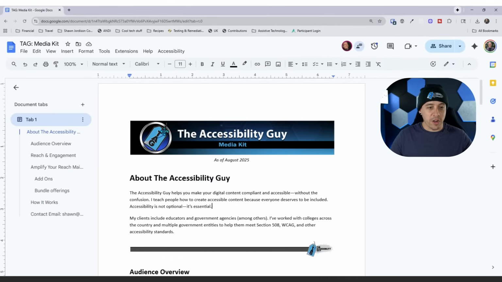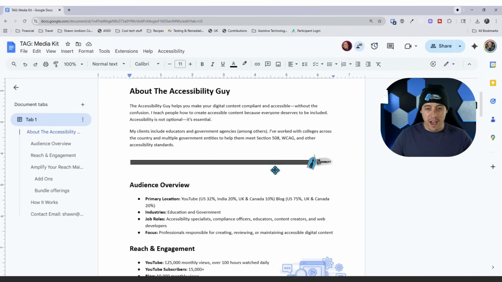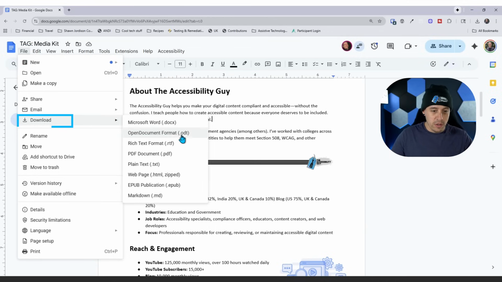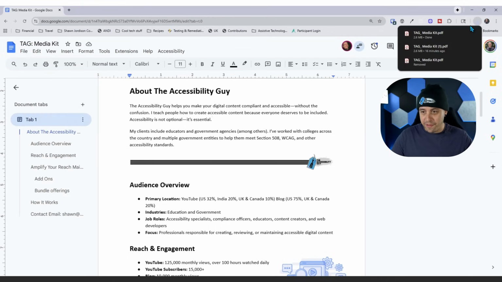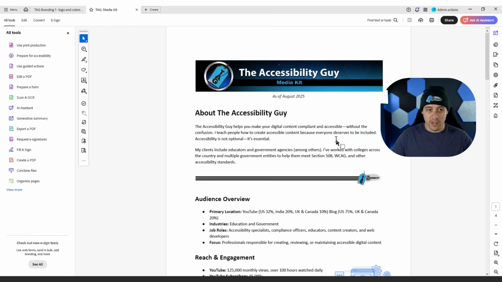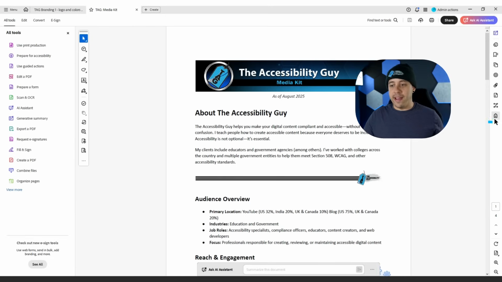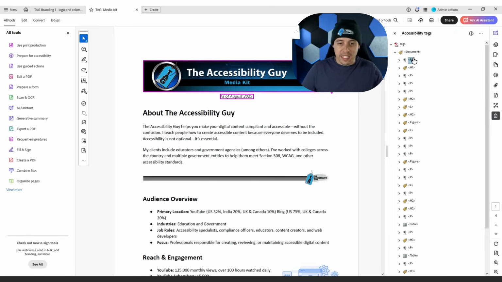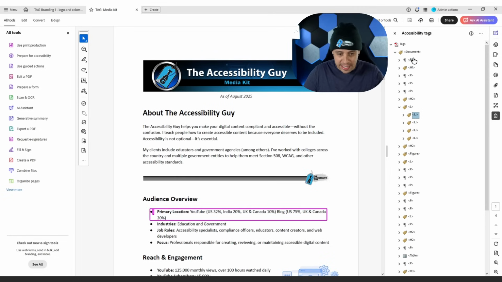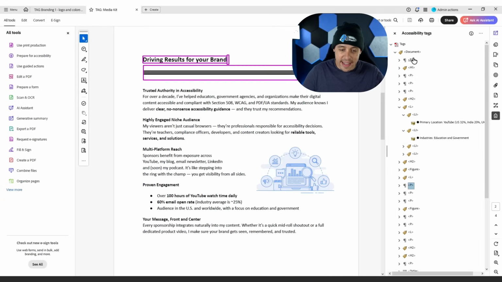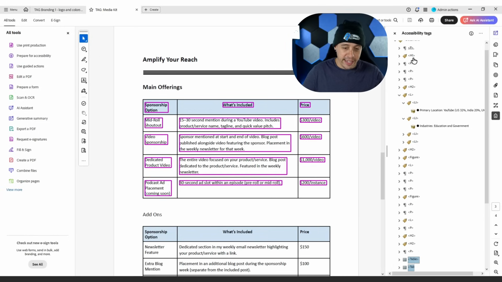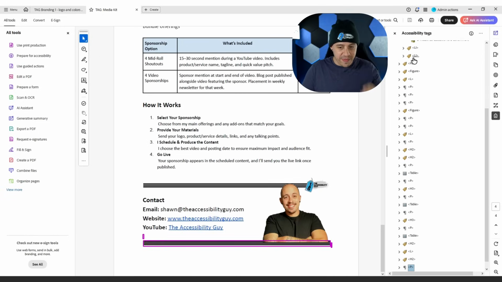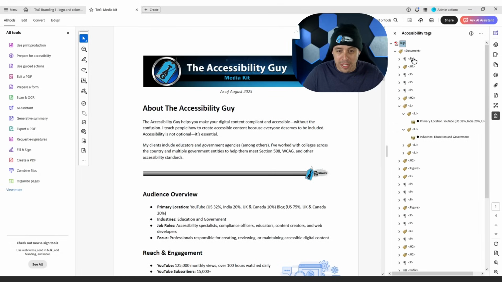All right, I have this document from Google that I've applied all of the accessibility that I can, and then I go to File, Download, PDF, and the resulting file is not super good. If I open it in Adobe Acrobat and take a look at the tags panel, we do have some tags in here. We've got a P tag, like an H1, but if I open up the list items as an example, there's no L body, there's no label tag, and there's just a lot of junk in here. So in order to make this document accessible, I could spend all the time to go through this, but